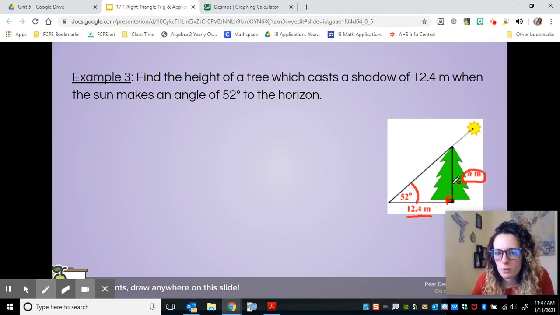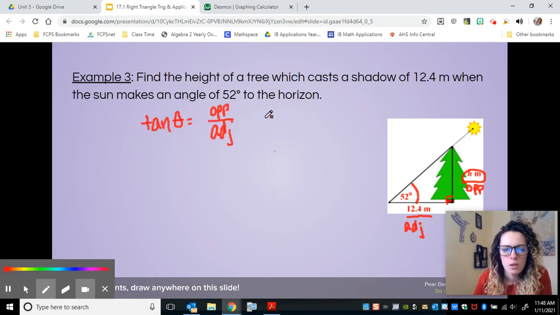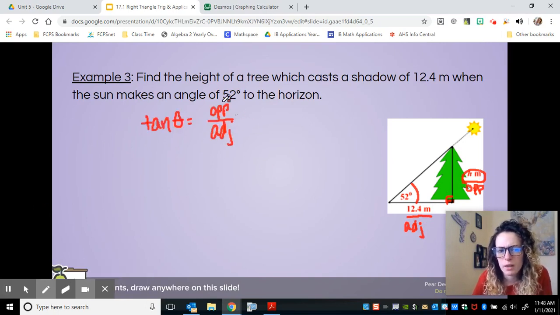So figuring out which trig function we're going to use, I'm looking at this angle. I'm looking for the opposite side, and I'm given the adjacent side. So again, thinking about SOHCAHTOA, opposite and adjacent means I'm using tangent. Writing this out every time, it's your choice. I always do it for the first few problems just so that we remember what we're using and what we're looking at. But filling in what I know